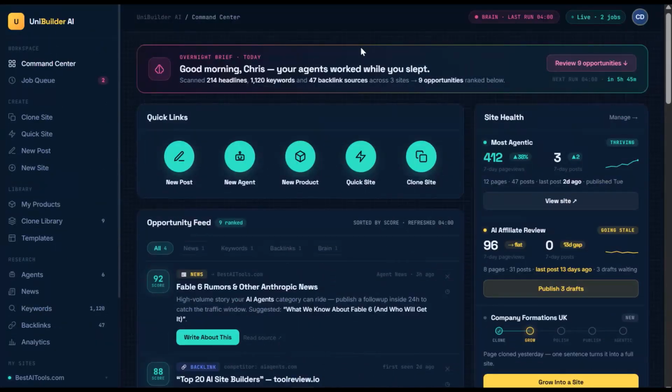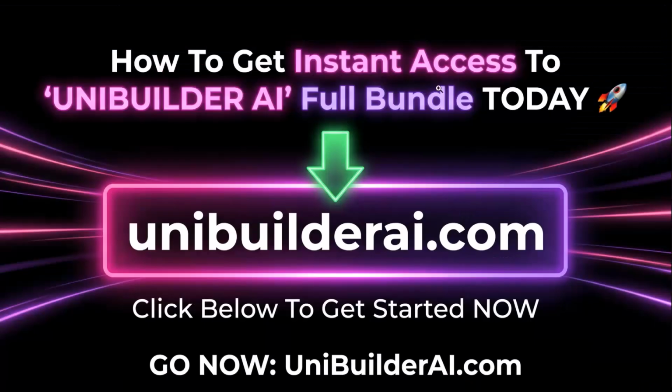So that is the homepage, that is the dashboard. Hopefully you can see that the vast majority of this is done agentically, it's done automatically. This is not something that we need to do. We can go in and dive into all these different pages and fine tune things and create things and do things manually. But it is either 99% automated, or in most cases now it is 100% done by the AI agents. So once again, we are going to go through some of the pages in a bit more detail now, but once again,